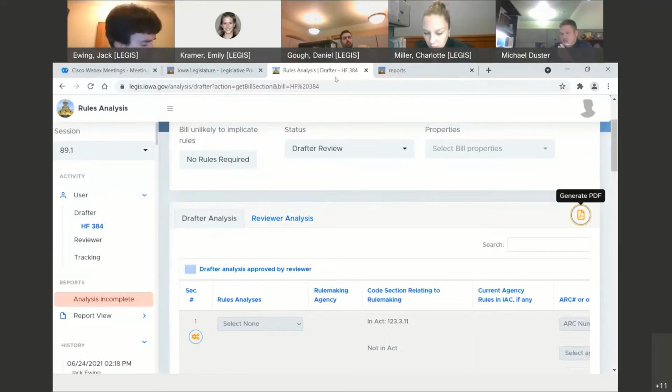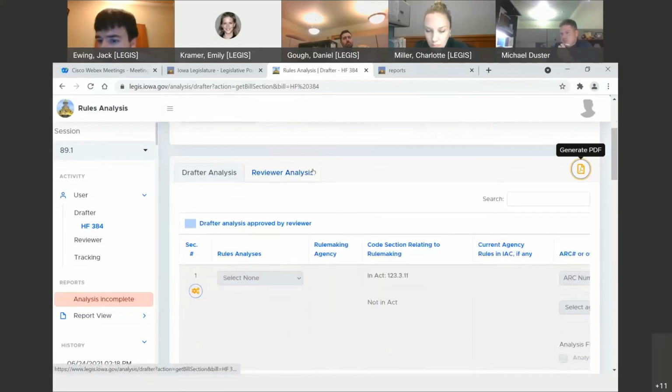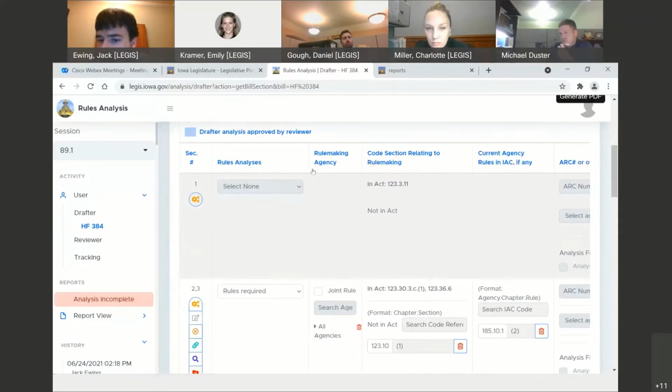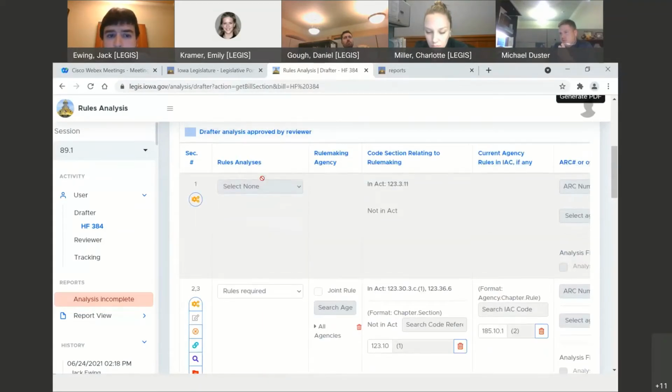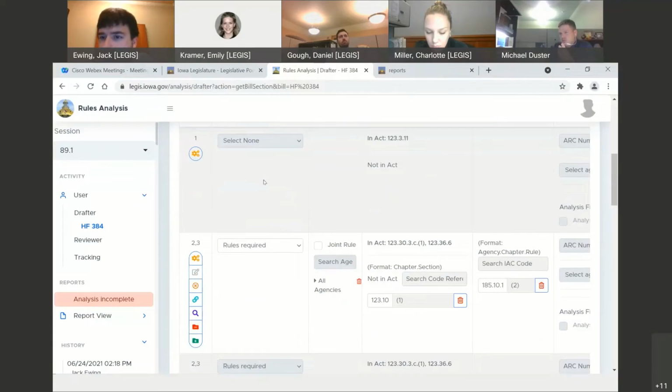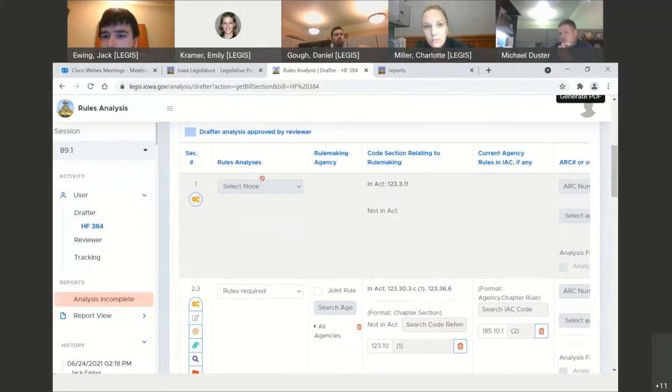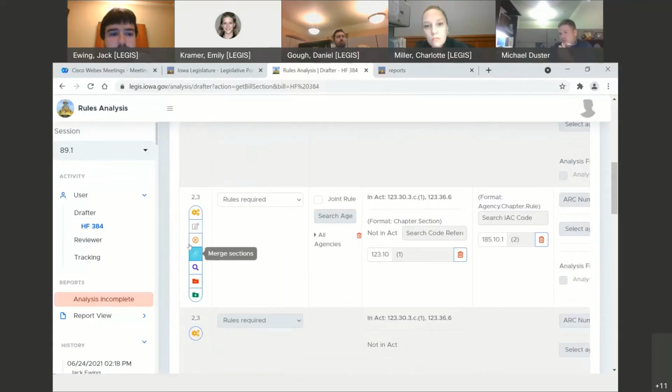Hey, Jack, can you show us really quick how to add multiple entries for each of the sections? So how to add in 2, 3 rows for section 2, or what do you mean? Yeah, if there's multiple code sections or multiple rules, you just keep adding the normal dialog. Oh, yeah, I see what you're saying. Okay, yeah. So let's suppose here